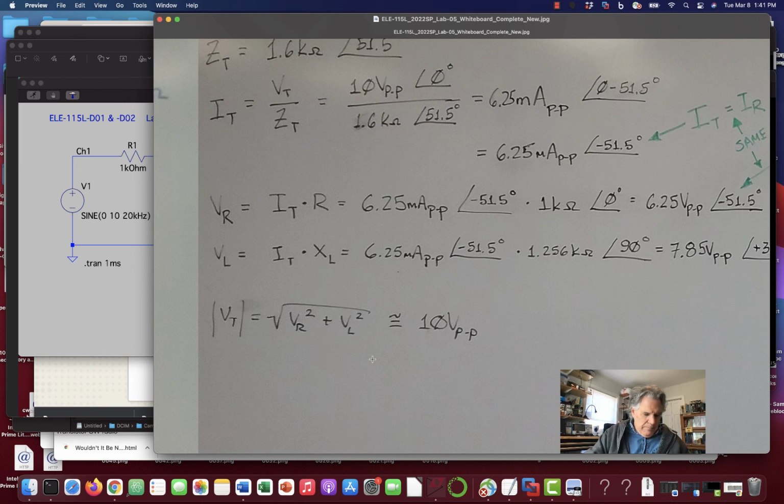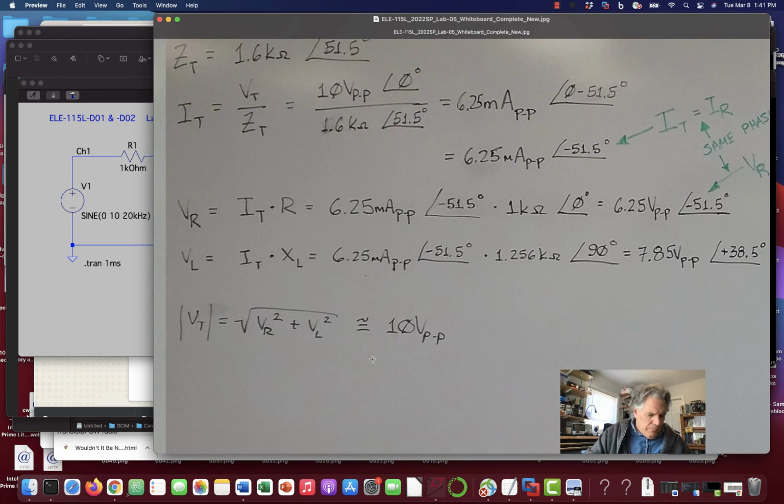I will take the square root of 6.25 squared plus 7.85 squared. So I'm taking the square root of the sum of that, and I come up with 10.034 volts. So that's pretty darn close to 10 volts. And that's a good check right there